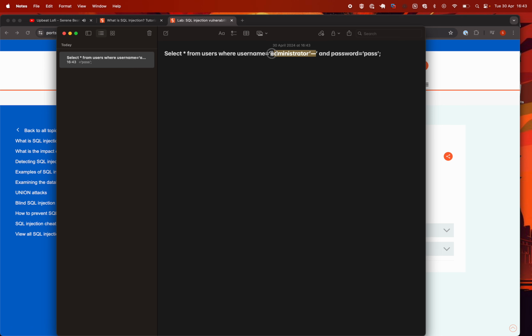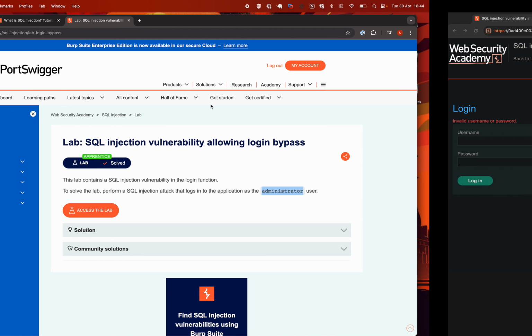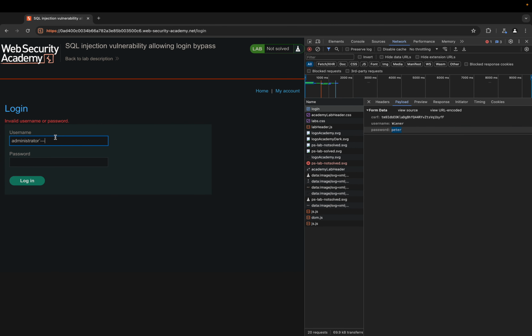So all we need is to copy our payload. So our payload looks like this. So we have the administrator, then we are closing our SQL string, then we have the two comment marks for SQL at the end to comment out the rest of the query. For password, we can have any password, and we click on login,